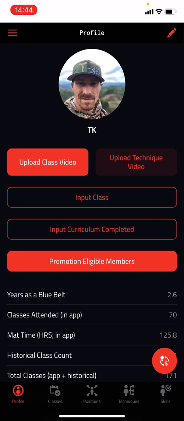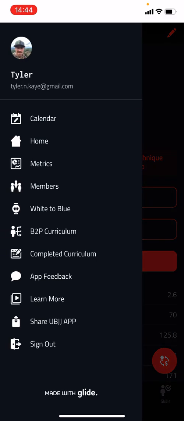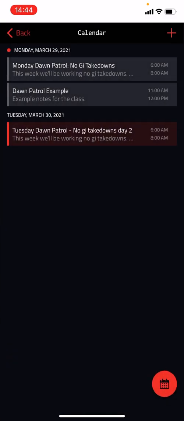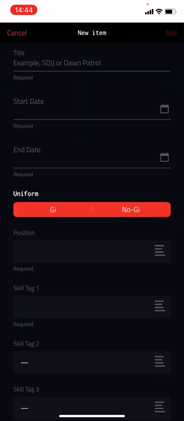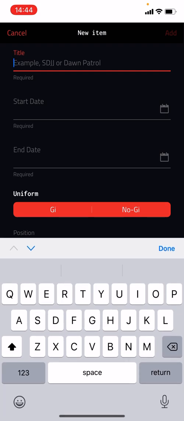So to start, let's navigate to the menu, select calendar, and you'll see we got a few examples in here. And I'll make another example while we're here. We'll add a new calendar event or scheduled class. I'll select the plus button up in the top right, and we'll call it Sidor Jiu-Jitsu